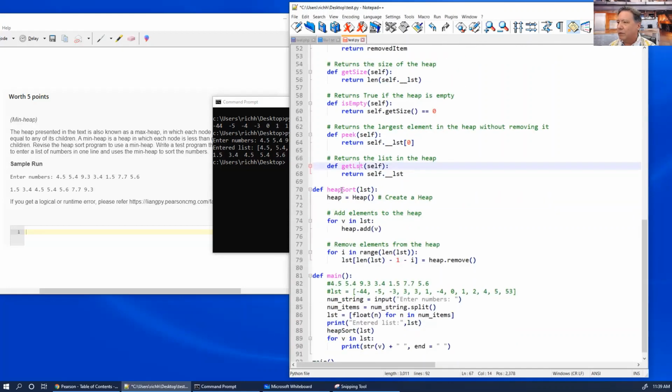Okay, here's the heap sort program, and here we create an empty heap, and then we loop around and we add each one of the items, or the numbers, the floating point numbers from the list. We add those to the heap one by one, and when we add them to the heap, it heapifies. Each time you add one in there, it reheaps the heap, so the whole thing's a heap. And so at this point right here,